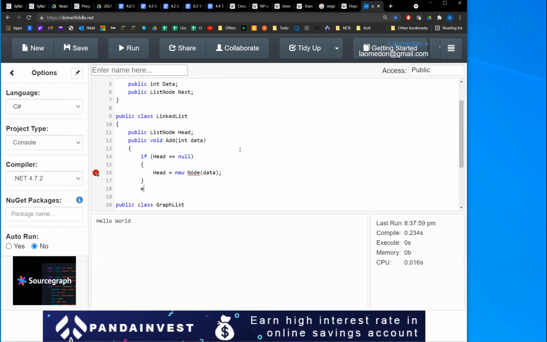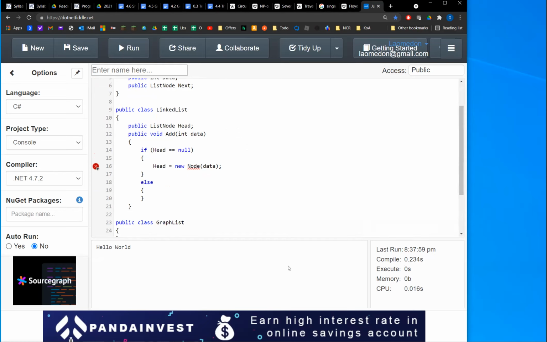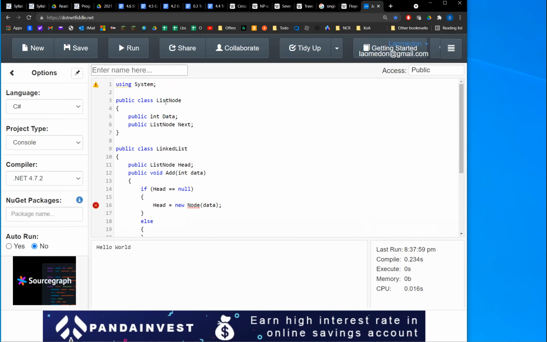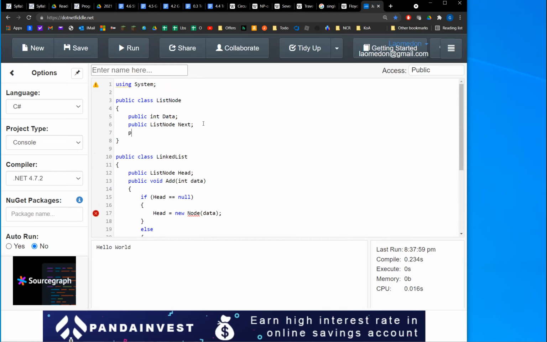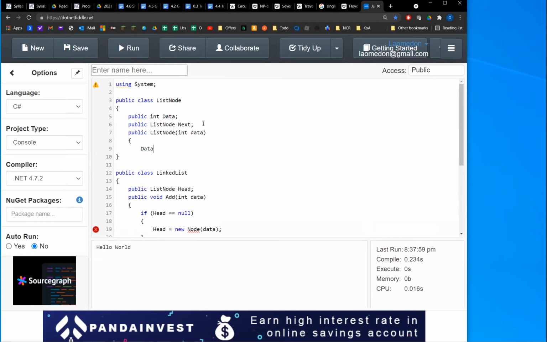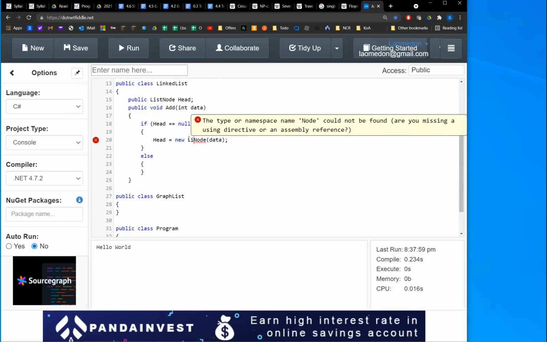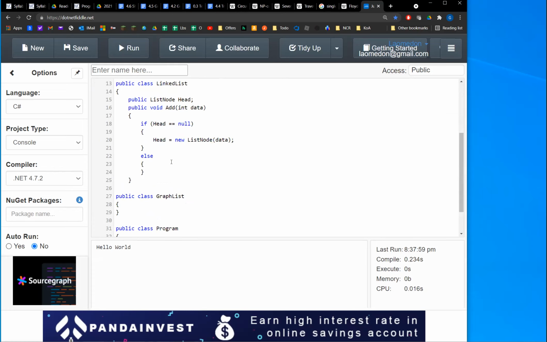Then we go ahead to the constructor. See, does that work? List nodes, naming good. Otherwise, we need to find where to go. One of the other ways